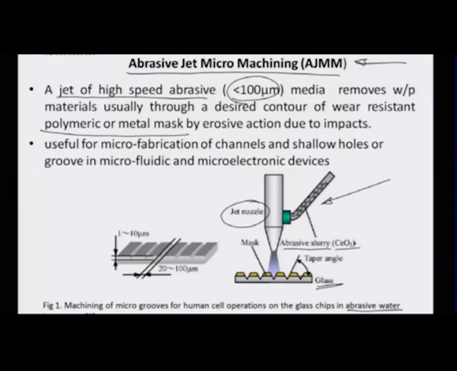So by the erosive action due to the impact of the particles which are suspended in the slurry, whatever is there on the masking surface made up of metal or polymer gets embedded onto the surface of the glass. For example, you can see these micro grooves which have been machined on this substrate right here,